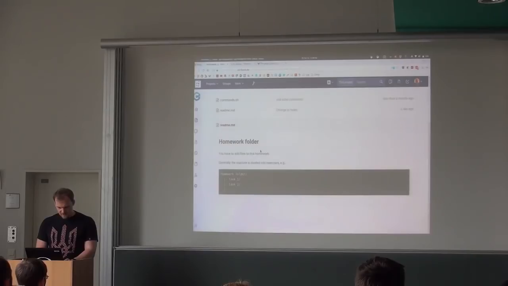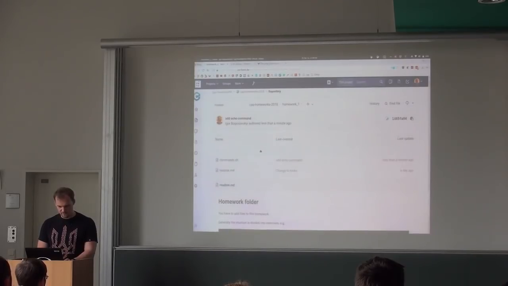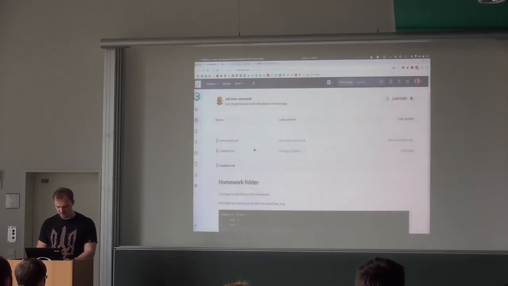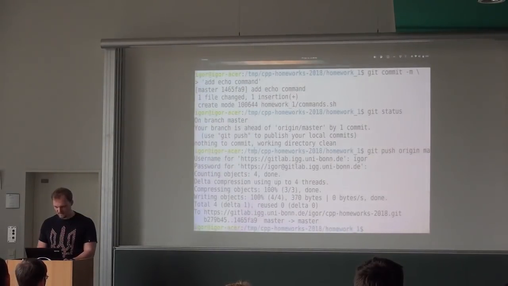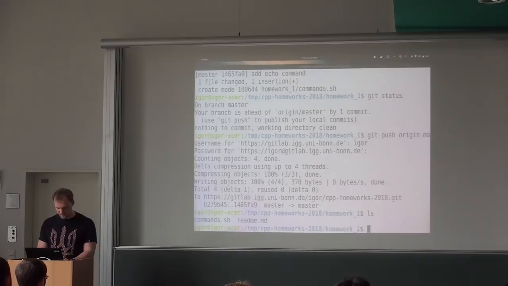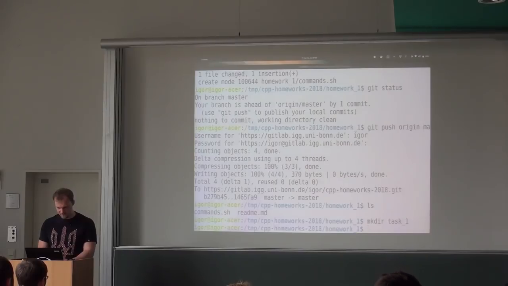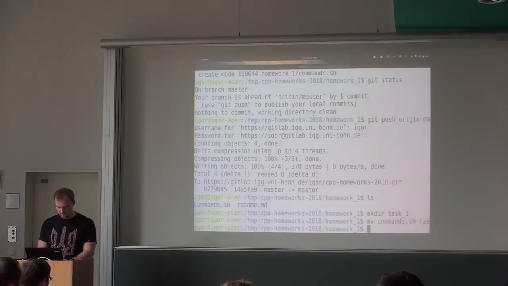And now let's see how... sure, I should have... Okay, it explains what you have to do. Of course, I forgot what you have to do. You have to specify folders for the tasks. So let's move commands.sh to task.